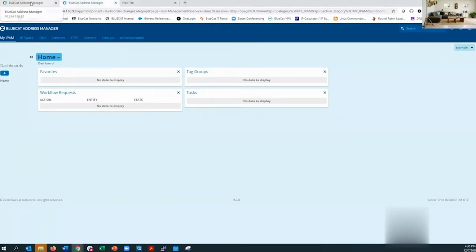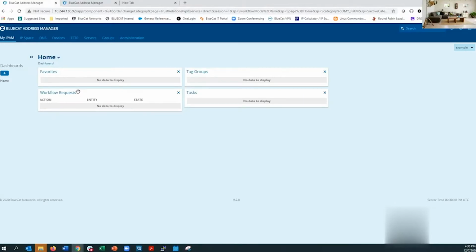In order to create replication, we need 2 BAMs. Here we have 2 BAMs, .93 as the secondary BAM and .92 as the primary BAM. Before creating replication, make sure whether there is any firewall in between. Make sure to open up port 22, port 873, port 1099, and 54321 so that the machines can